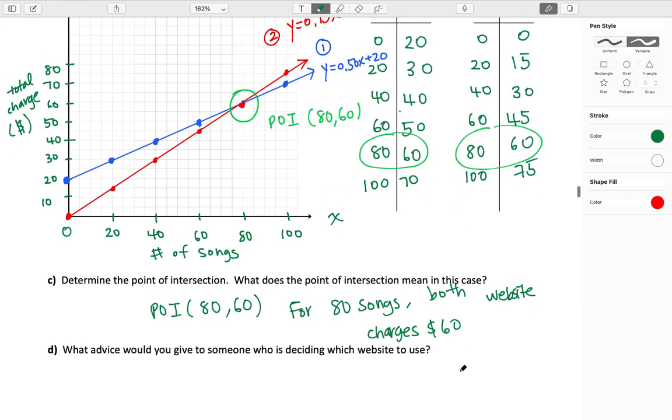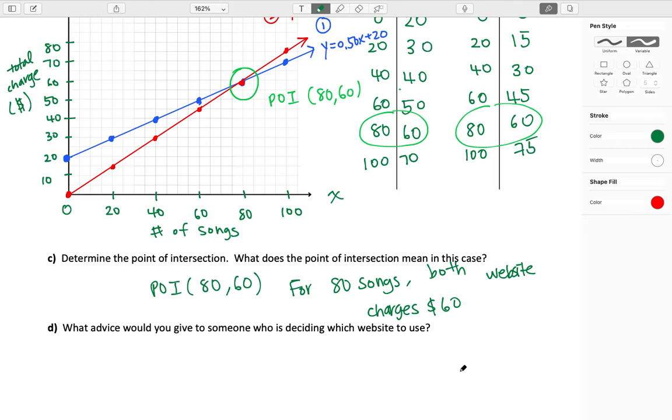Okay, so what advice would you give someone who is deciding which website to use? Well, for example, if I were to download less than 80 songs, it's definitely better to go with equation 2. Because if I'm downloading 0 songs, you're paying $0. But if you are going with Cold Wire, then you have an initial fee, which is $20. So as you can see from the graph, it's cheaper to go with the Q Tunes if you're